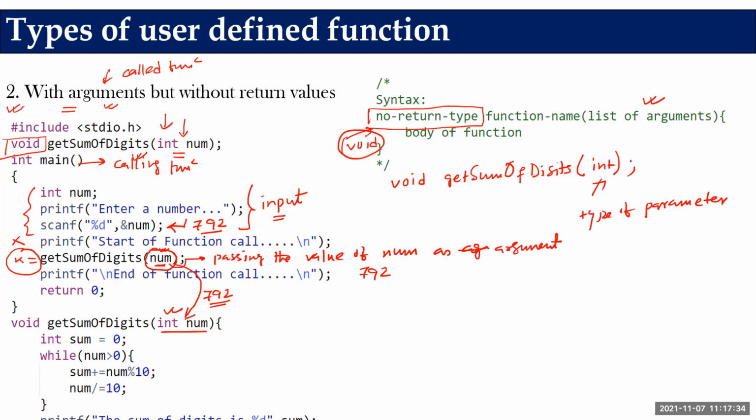Again, another important point, note it down. Here you can see, while declaring the function, I have taken the variable name num. And in the main method also, I am taking the variable name num. Similarly, while I define the function, it is also num. So do not get confused that every time the name of the variable should be kept the same. No, no need. Let me show you this in the compiler.